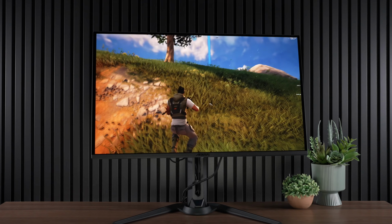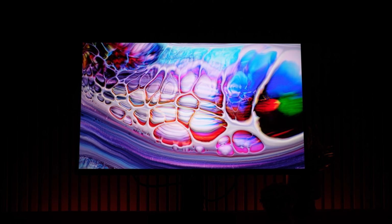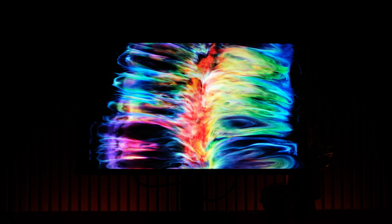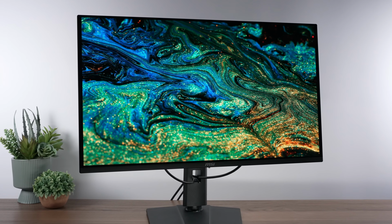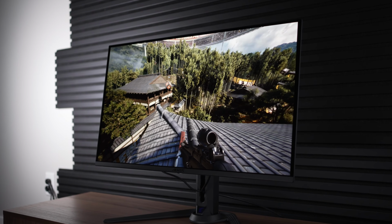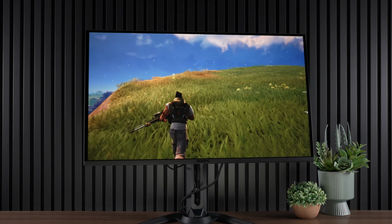Every time I make a review, there's always two questions. Which 4K OLED would you buy and who's your daddy? Well, I'll answer at least one of those questions because, let's be honest, there's a lot of really great monitors on the market. You got the Gigabyte one, which actually not only has DisplayPort 2.1,